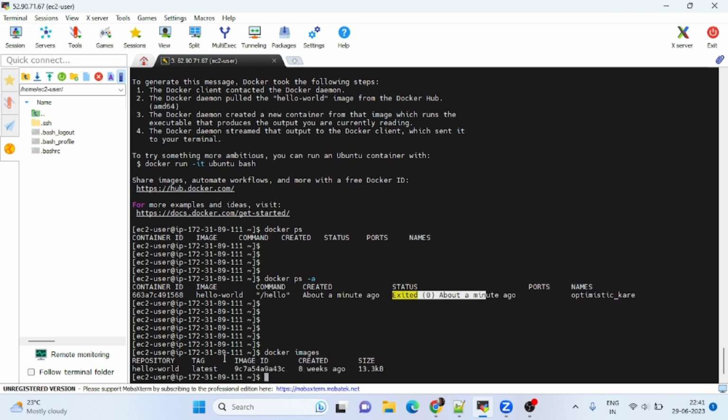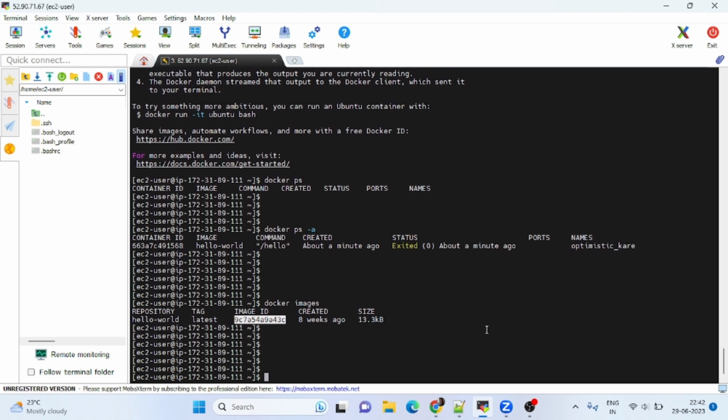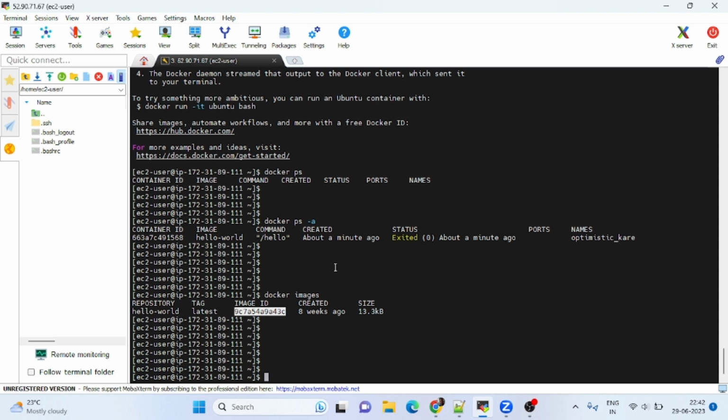See, this is the image. Hello world is the image. Last we downloaded the image from Docker Hub. It contains hello world, the tag is latest, and this is the image ID, and it was created 8 weeks ago. This image was created 8 weeks ago, but the size of this image is 13.3K. Okay, next,